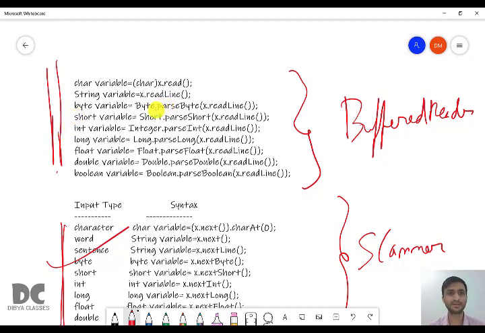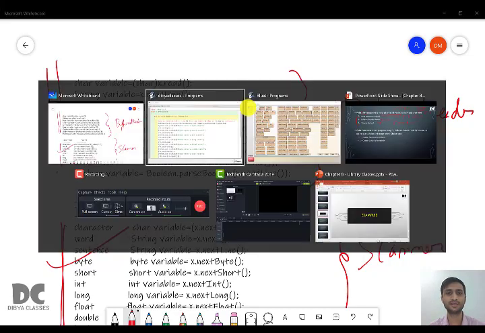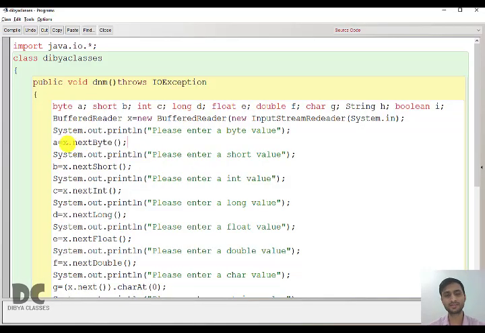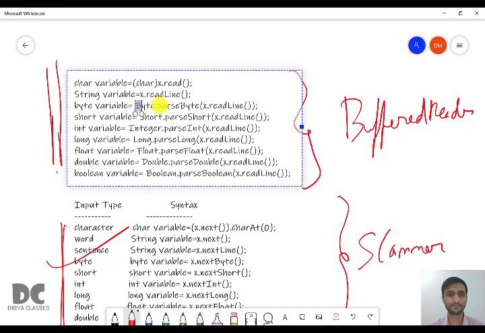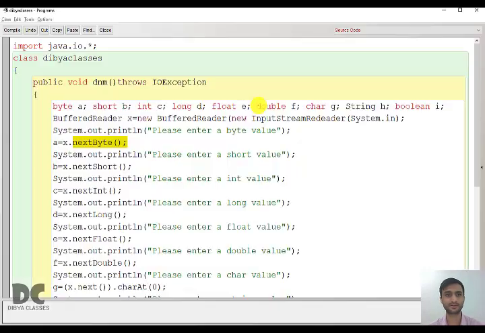So for byte you have to write Byte.parseByte(x.readLine()). It is a little bigger as compared to scanner, so we'll write this line. The syntax is a little bigger, but again for byte you have to write Byte.parseByte(x.readLine()).